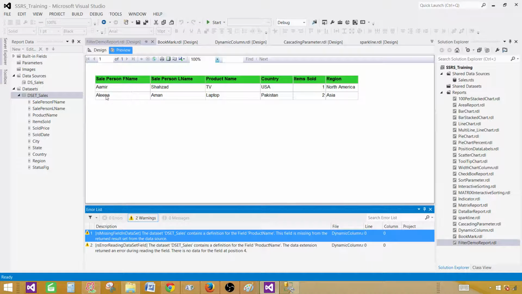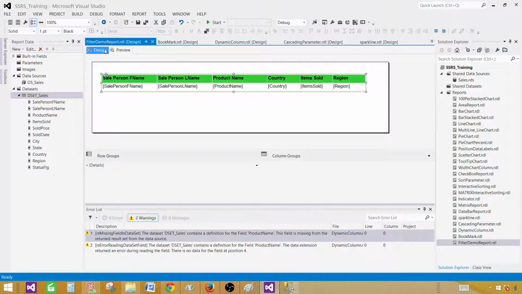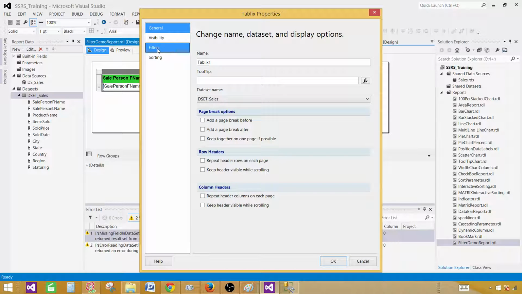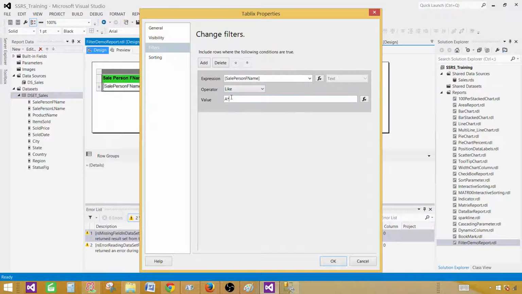And now you can see that we have Amer and Alina. So it did give us the records by using the like operator. This is weird, because sometimes in SSIS we have totally different expressions, and here in SSRS you have to put an asterisk, and in T-SQL you have to put the percentage sign. So the like operator here in SSRS, when you're using it for the filters, you have to use an asterisk as